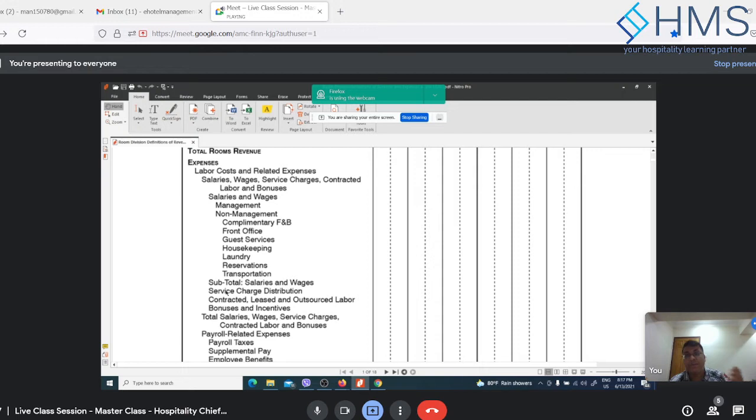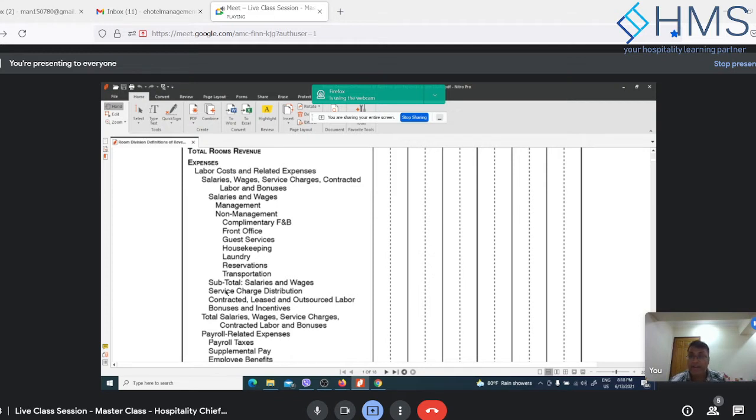So in rooms division, it will not be security that is going to be in this contract. Security is a part of your administration and general. For rooms, it will be the public area cleaning, the glass cleaning, the high ceilings, or maybe a carpet cleaning company that you have hired. Those companies will come with their equipment and their chemicals, they will clean the hotel and go back. So in that case, not the entire contract will go into the cleaning cost. The major part of it will go to labor, because it's a labor intensive job. So you have to separate out the material and the labor if it's readily available in the contract. If it's not, you have to estimate it.